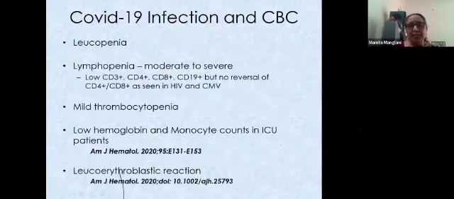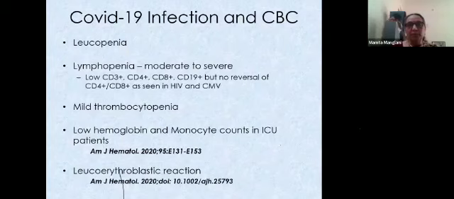I just put one slide of COVID-19 and CBC because I thought this would interest us and we should be aware of what's happening with these children. We have seen only one child in our center who was COVID positive, a CML patient who was post-transplant day 47 and had come with fever. We were worried for him. We kept him in the isolation ward, and then because we may not be able to manage his isolation completely as we are a transplant unit, we referred him to SRCC and they took him up, and he was discharged within 4 days after that, and he's fine now.